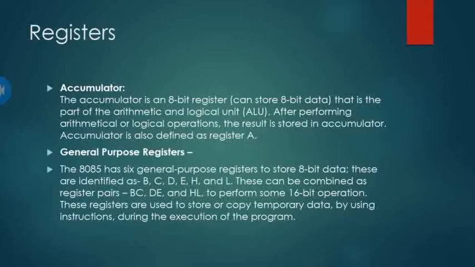But we always or sometimes use these registers in paired form. Paired form means the pairing is fixed. So the pairing is as follows: we always use paired registers as BC, DE, HL. When we use these registers in paired form, the size of the paired register becomes 16-bit. So we can store 16-bit data in the paired register BC.